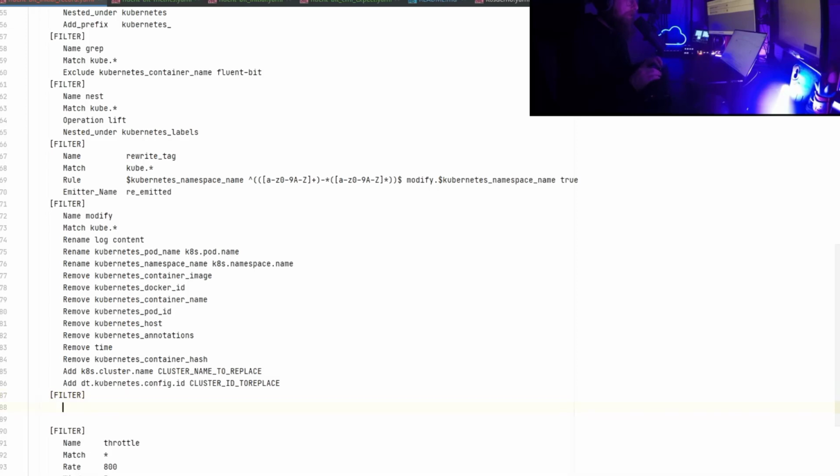And then, of course, the name is going to be expect. And now we're going to use match to say where we want to apply this. So in kube.*. And then I can say key exists, and then we pick